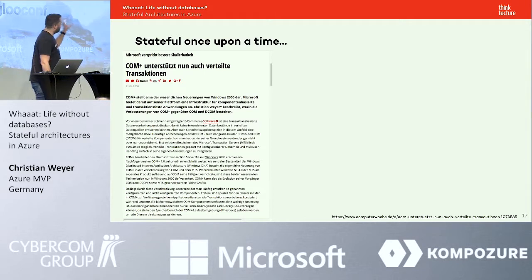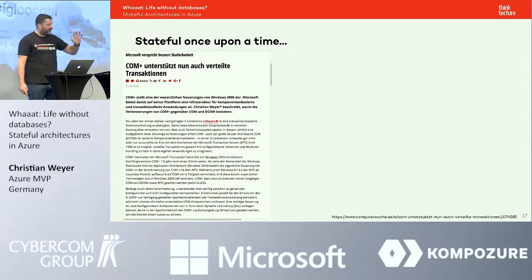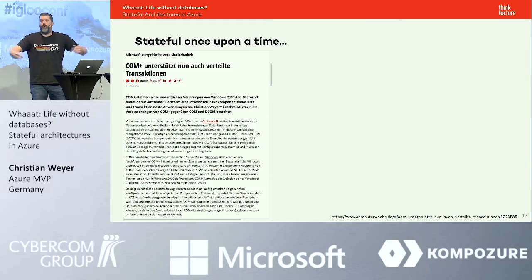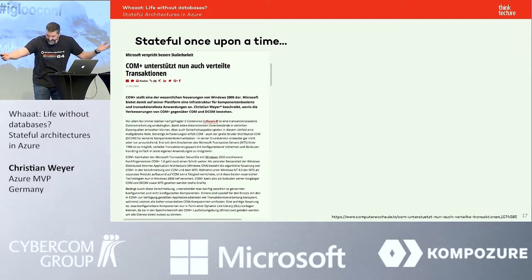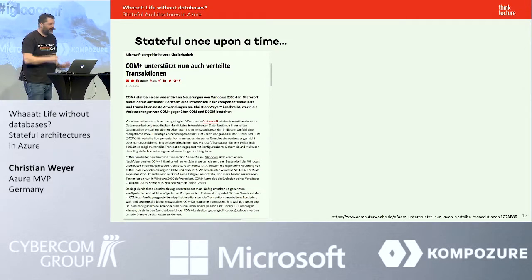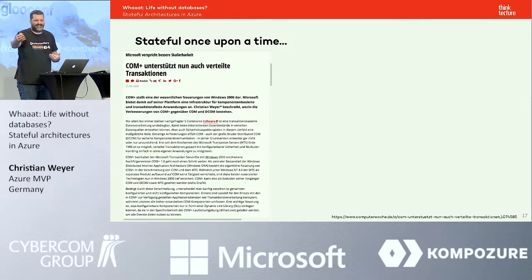And back then, Microsoft was announcing new features for COM+, like distributed transactions. What an awesome idea! Hashtag not. At least for the internet times, right? So inside of the enterprise with DTC and two-phase commit, things may have worked, but once you started to hop across boundaries, things did no longer work.